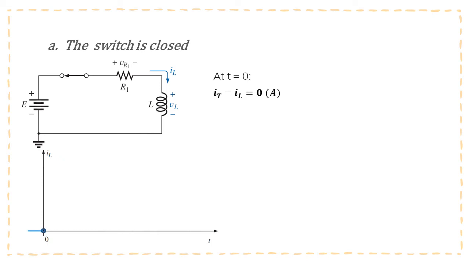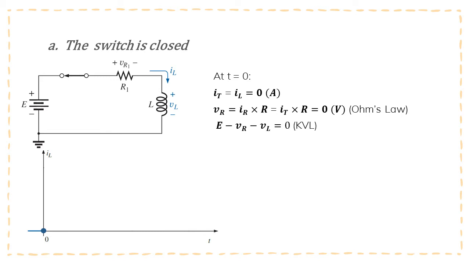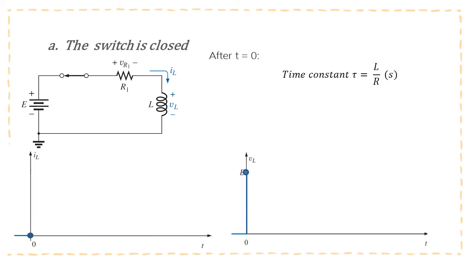The absence of current going through the coil and the circuit results in 0 volts across the resistor, as determined by using Ohm's law. Now, we can calculate the voltage across the coil by applying Kirchhoff's law around the closed loop, which will be equal to E volts. After the time t equals 0, the current increases very rapidly and then at a much slower rate